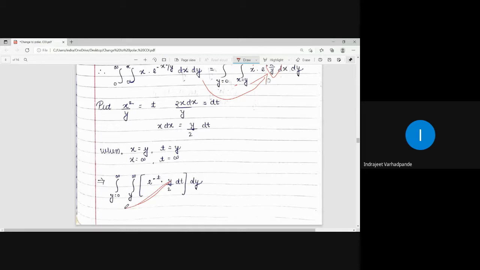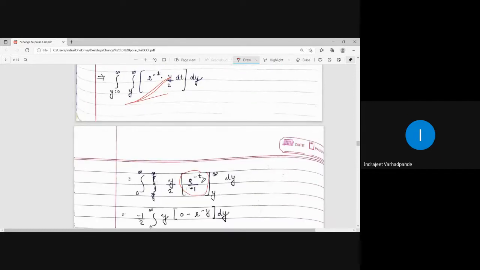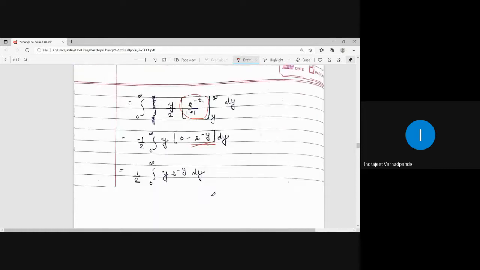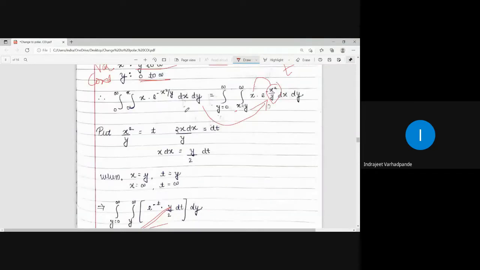y को बाहर लेंगे, 2 भी बाहर हो गया. Integration of e to the power minus t is e to the power minus t upon minus 1. Put the limit. You get the answer in the form of y. Integrate with respect to y. Liet rule. Put the limit. You get the answer. Intentionally I have not taken minus, because minus, if it is remaining as it is, one